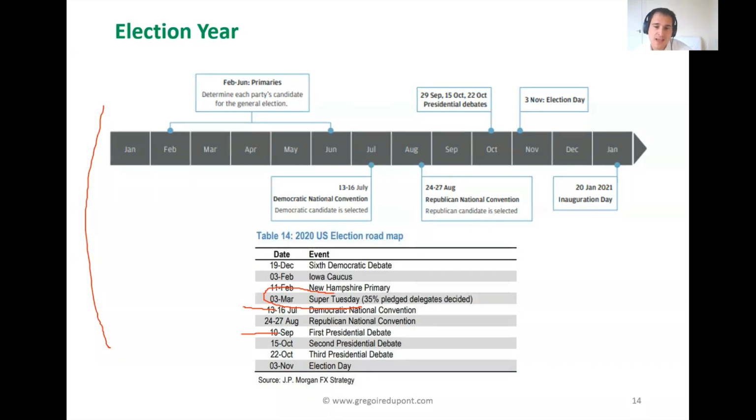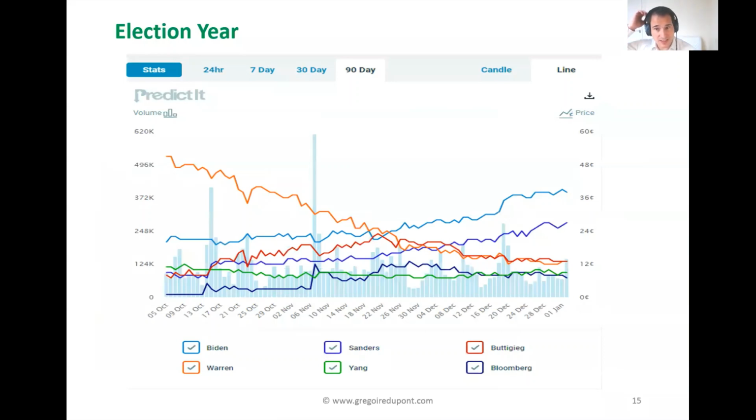What you have as well historically is the S&P 500 volatility has typically been higher in election years than in non-election years. Why? Because markets frequently reprice the probability of changes in the policies of the administration. So what I find really interesting is to look at sectors that might get affected depending if we go for Trump again or if any Democrat starts to pick up. If you go on that website, PredictIt, you can see the trend of the 6 candidates, and you can see the trend of Warren that is coming massively down. Last summer, the market was concerned about the pickup in the polls by Warren, and at the same time, there was a sell-off in pharmaceutical and managed care stocks